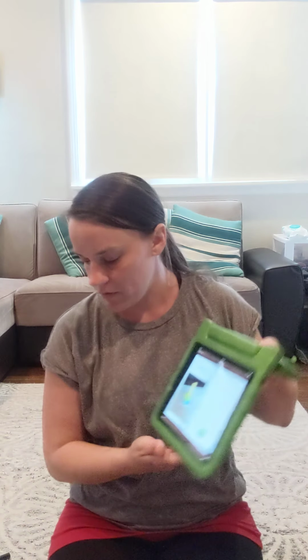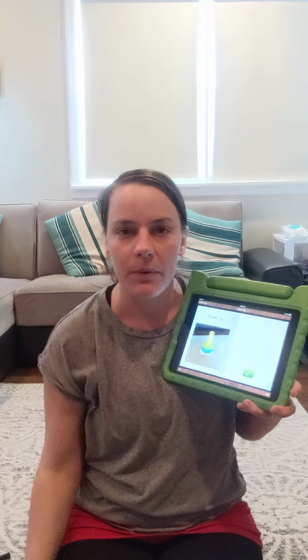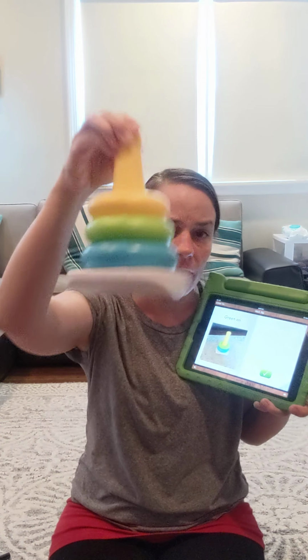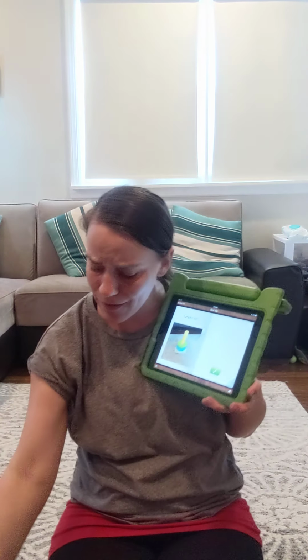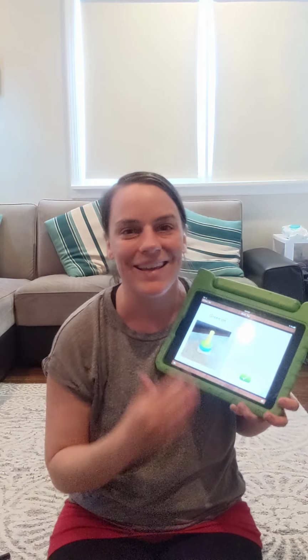So I don't want to have to go through this whole thing, but as you're working with your kiddo with this, eventually they could be able to find the app, open it up, find the story, do it all by themselves. The first couple times, you'll probably need to go through it with them, show them how it works. Every time they find the right color, yellow on, great job. Orange on, they put the orange on, great job, right? So